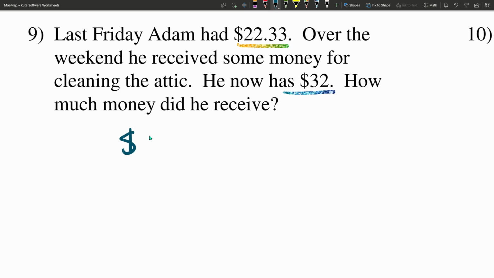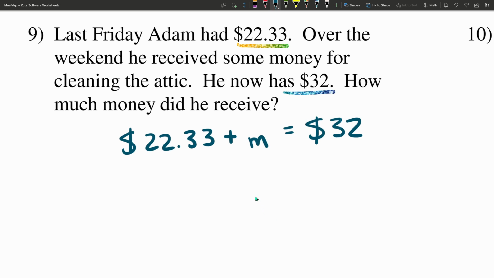So if Adam starts with $22.33, whatever amount of money we add to that, let's call this variable M, that's going to equal how much he has now, the $32. So M is the amount of money he received. If we add that to his starting amount, we're going to get the total amount he has now. So subtracting $22.33 from both sides,